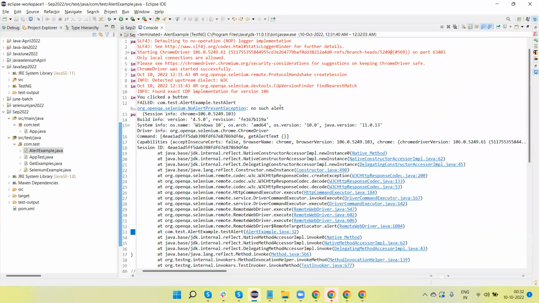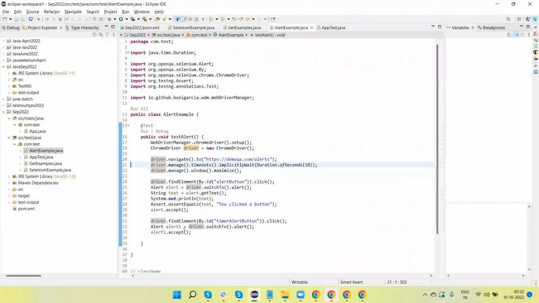Now what error are we getting? No such alert. If we are trying to switch to an alert, but the alert has not appeared, we will get no such alert. If an alert has appeared, then we will get an unexpected alert error, like this. Okay, now, because the alert is coming after 5 seconds and here we are verifying soon,